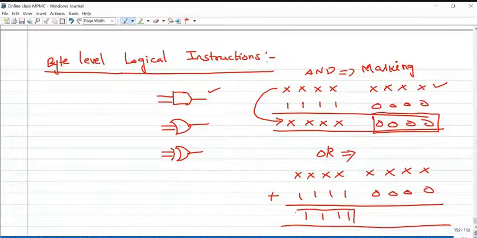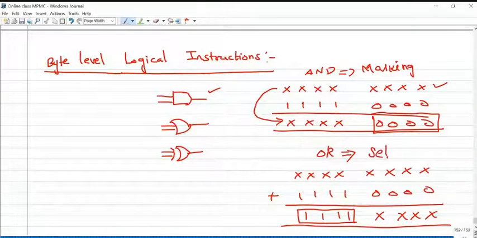Meaning we are setting this particular higher order bit. So in programming, if we need to set a particular bit or byte, we can perform the logical OR operation. If it is 0, whatever this information is will be available here: if this is 0, this will be 0; if this is 1, this will be 1. So OR operation is for setting particular bits or bytes.